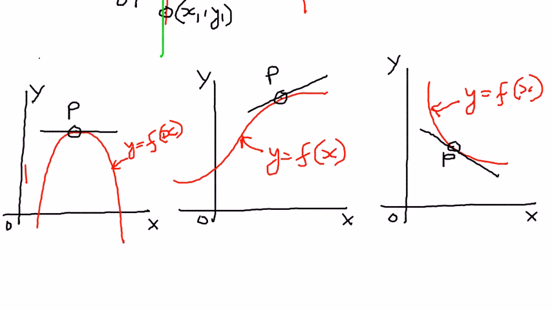In this first figure, I'm going to call it figure number 1, we're looking at a parabola. If we call the point at the peak of the parabola P, that is how we can represent the tangent point. And if the function is represented by y equals f of x, that is how we can represent the tangent. In figure 2,